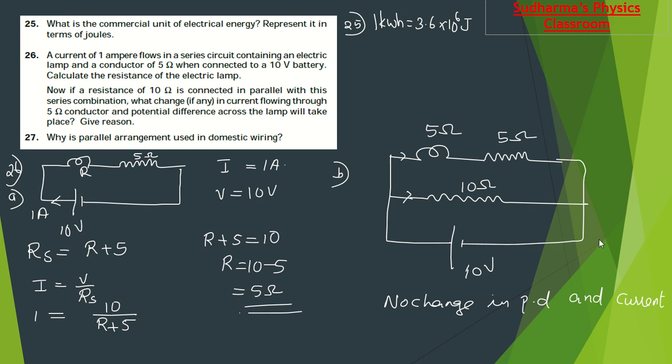If you connect them in series, if you switch on one of the circuits, everything in the circuit will start working. That is not expected in a household connection, right? We have to work individual appliances using individual plug points, right? And if it is connected in parallel, all the devices will be getting the required amount of current because they have the required amount of voltage. Okay, so that is why parallel arrangement is used in domestic wiring.